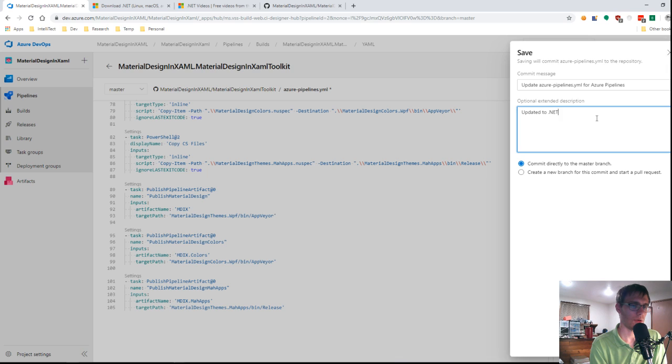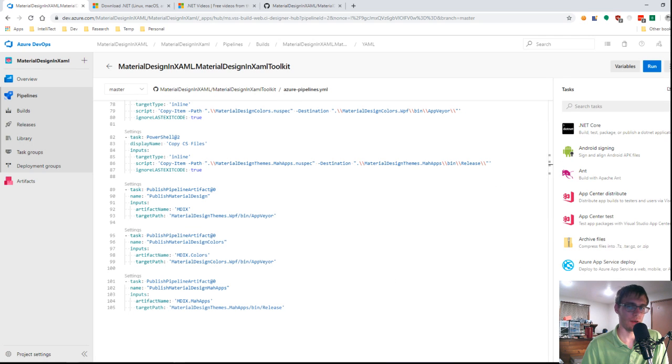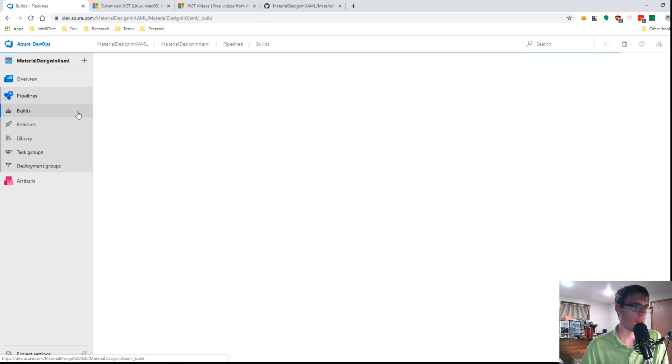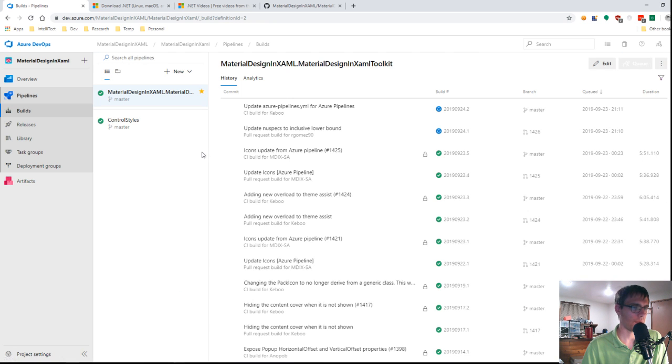Updated to .NET Core 3.0. Fixed usages of the solution variable. Great. Save and commit, and then hopefully we see this guy kick off and be off and running to the races. And so that should have saved, and then because we have CI set up,